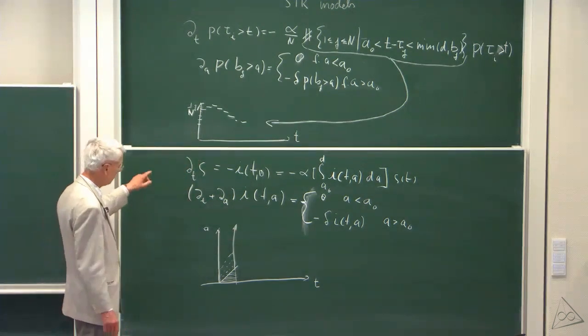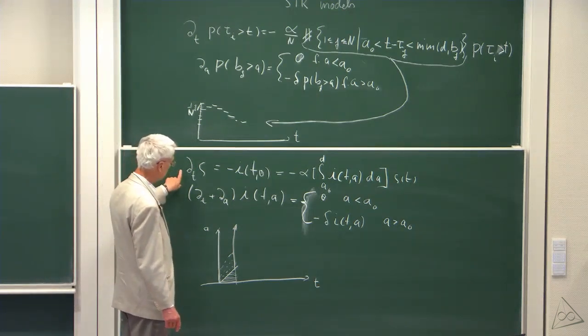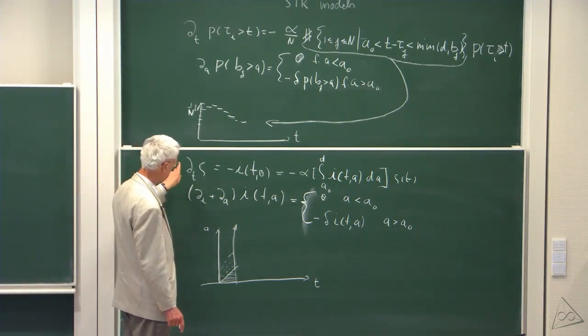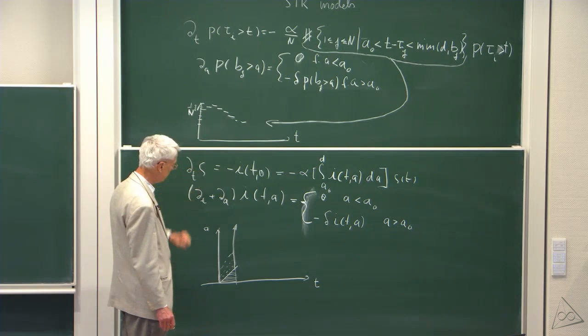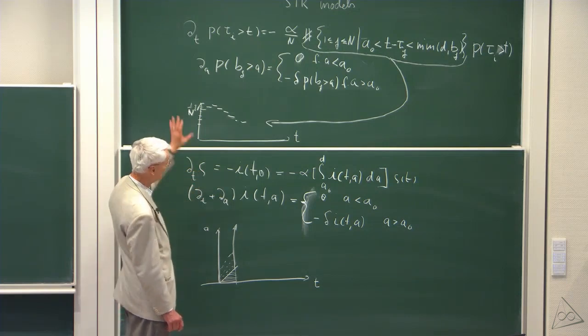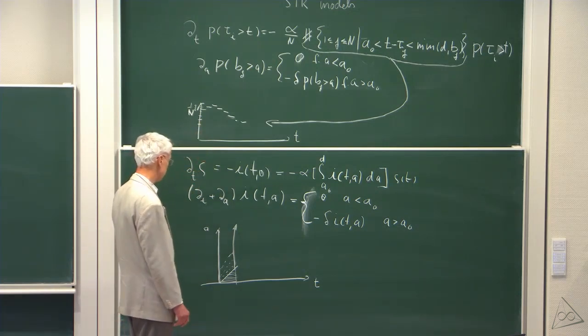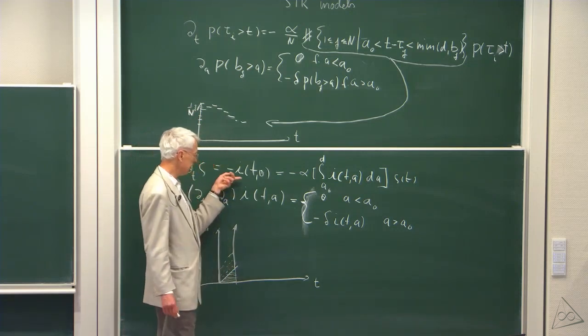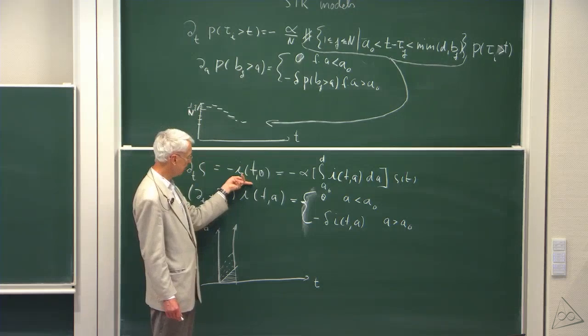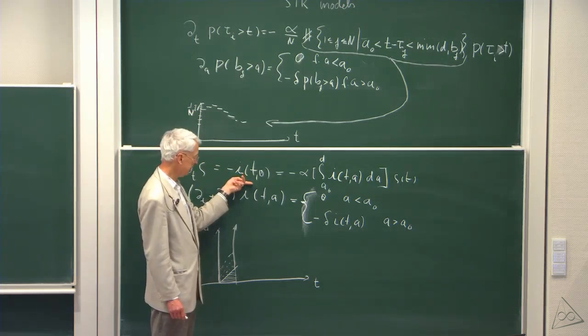So what we have here is that the change of the rate or percentage of susceptibles in this population, so I do it here only for one homogeneous population, is equal to the rate at which individuals get infected,